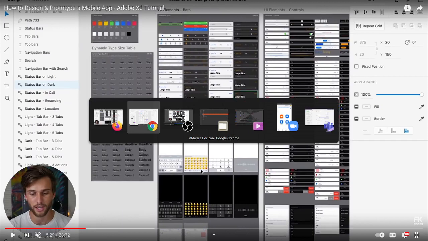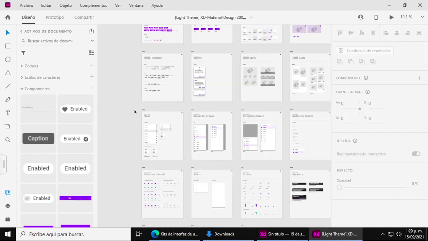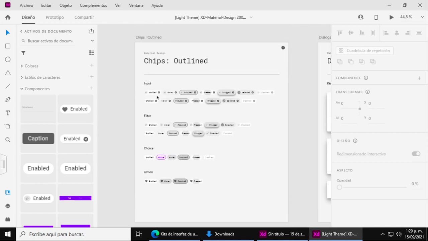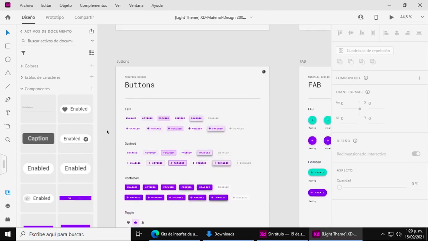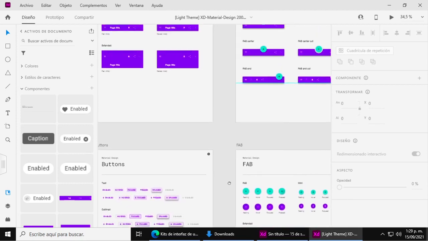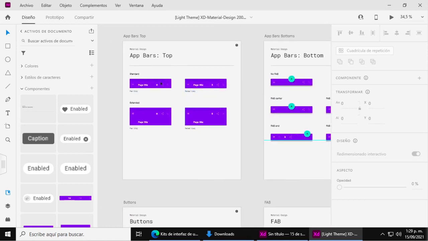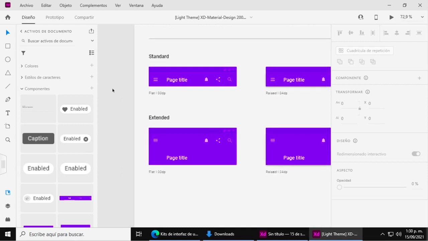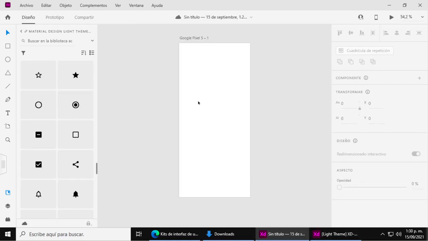And as a result of that, in this file you can zoom, and you can start copying and pasting all the elements that you want. To do that, we are first going to get one app bar. Let's get this one. Let me zoom in a little bit. I'm going to grab this one, copy it, and go here and add it to our